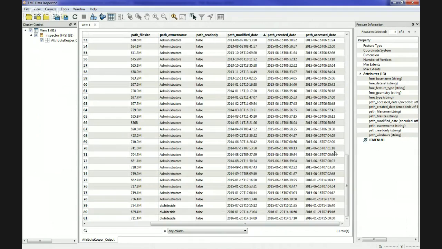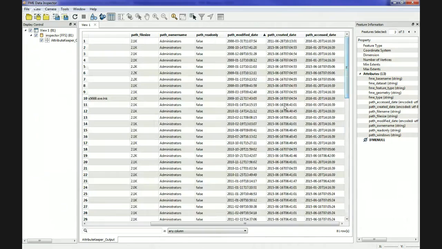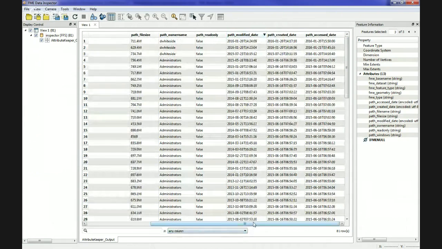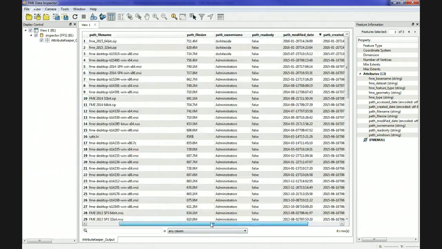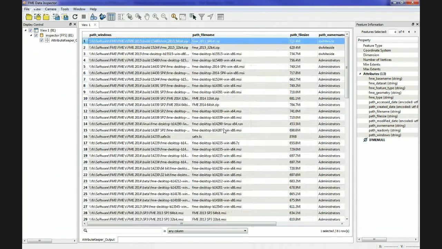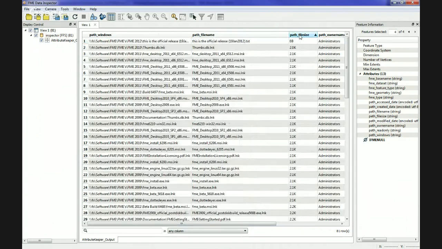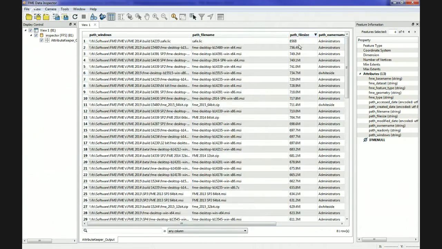So we could sort this in Data Inspector, so I can see the oldest one all the way up to the newest one in 2016, the 20th, a few days ago. Someone's downloading a zipped up version of FME. Okay? But the reason we do the sort, or there's an option to do the sort in FME, is because